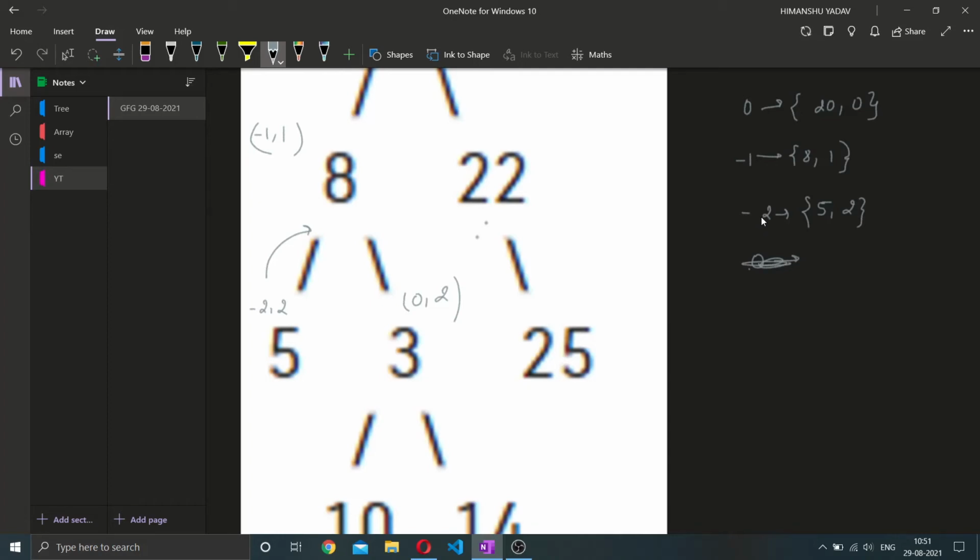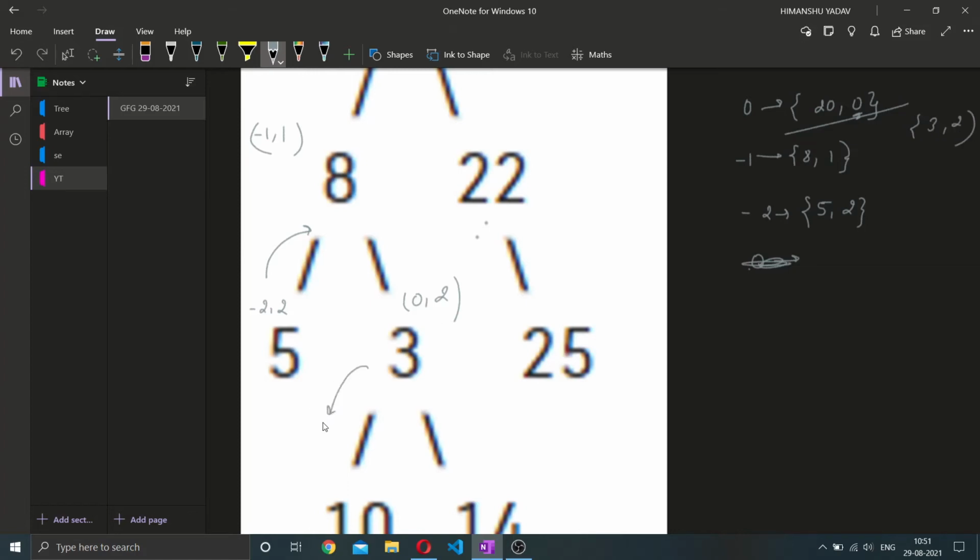If the height is the same or greater than the current height, like in this case we have height 0 but at 0 we got height 2, it means this is the possible answer and we have to change it. So it will become 3 to 2.